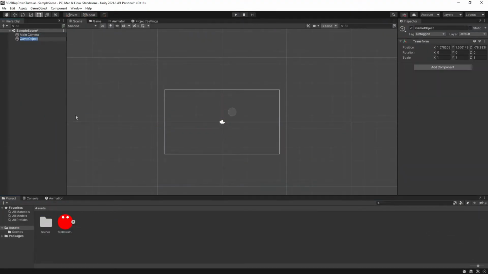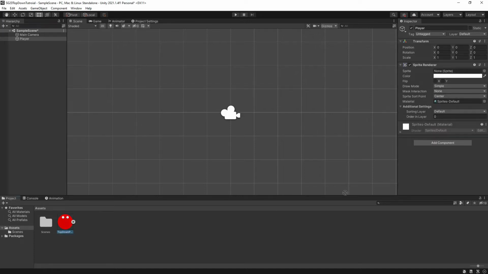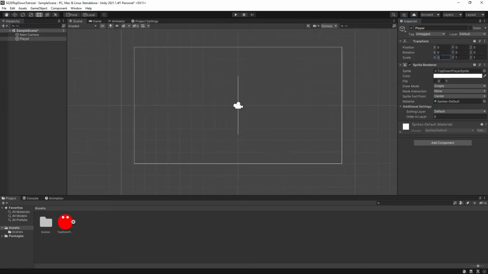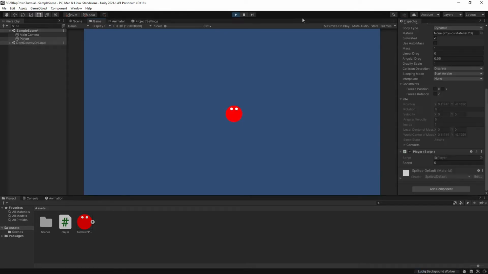Let's start by making a new game object and give it a name like player. Give this new player game object a new sprite renderer component and give it a sprite. Any sprite will do. I made this simple circle sprite with 2 eyes in Microsoft Paint. Then give the player game object a Rigidbody 2D component. Make sure that this new Rigidbody 2D component has the gravity scale set to 0, otherwise the player will